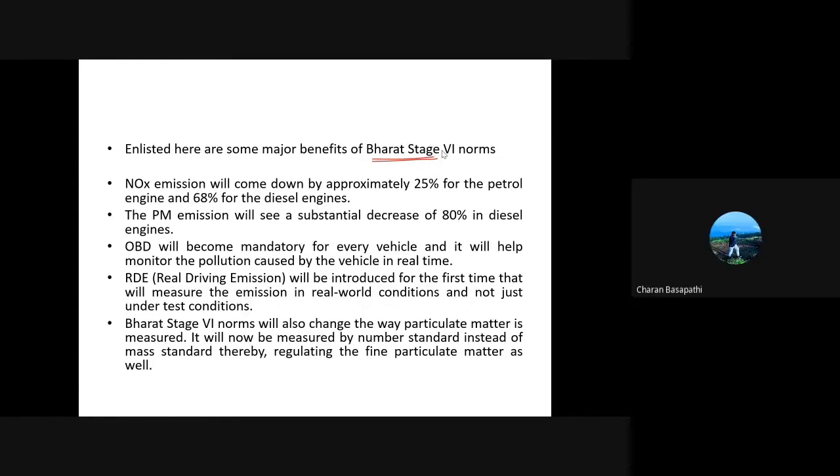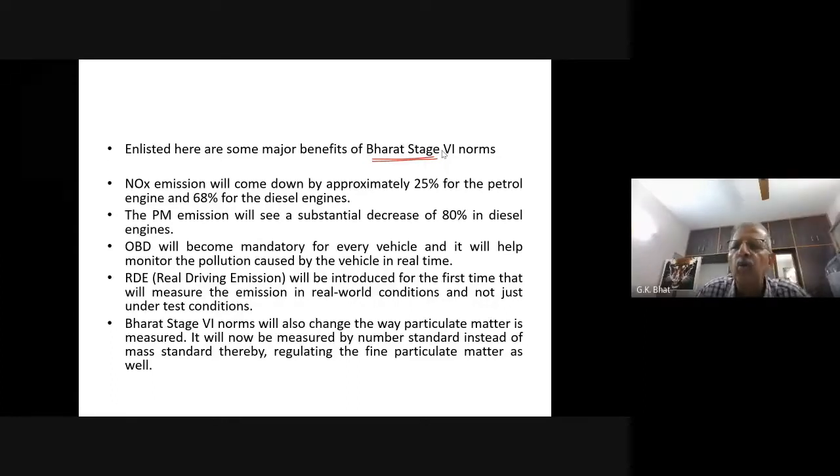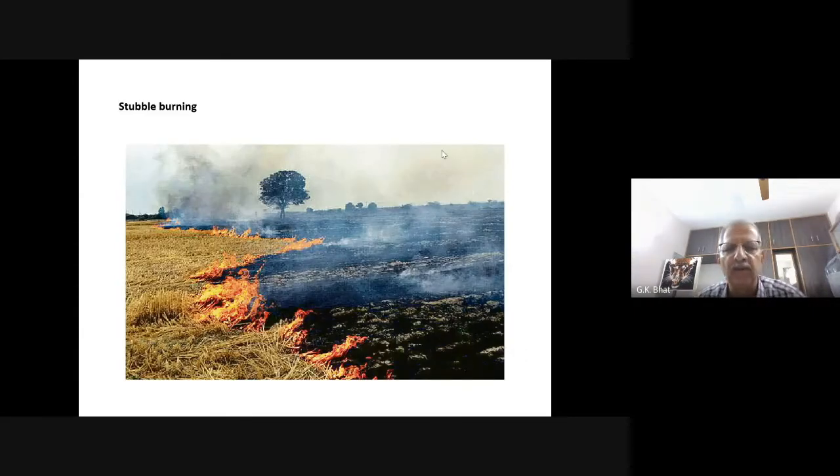Then? Because of slash and burn in Punjab. Yeah, who said it? Charan. Charan, good, hero, star of the day. Because of the burning of what is known as stubble burning. Do you know what this is? Can you tell me what this picture is? Charan, can you tell me what this is? Slash and burn, sir. Yeah, this is what the slash and burn is.